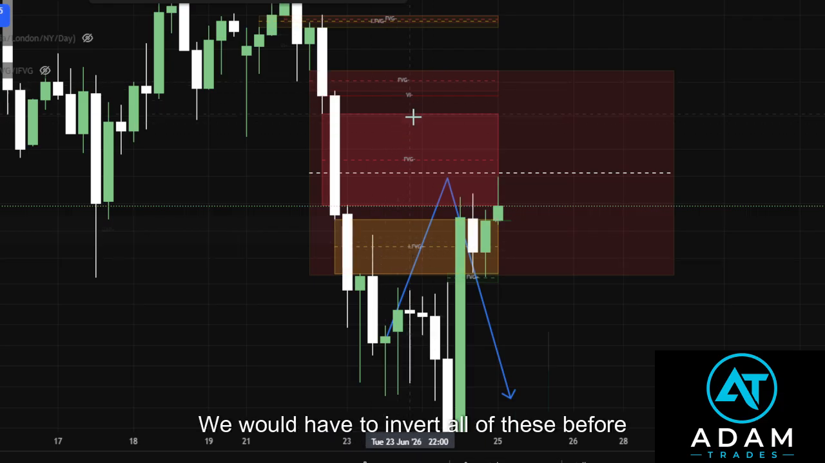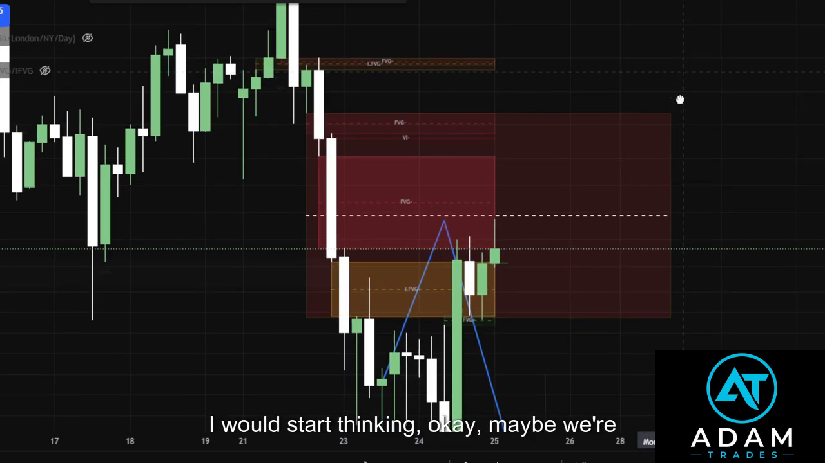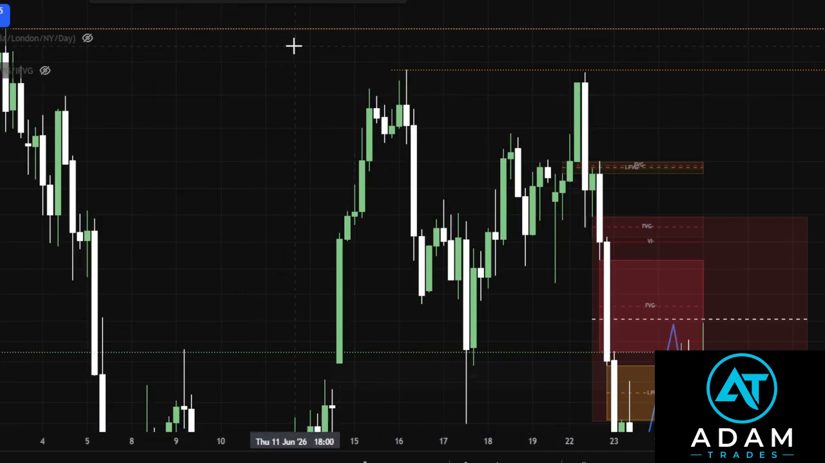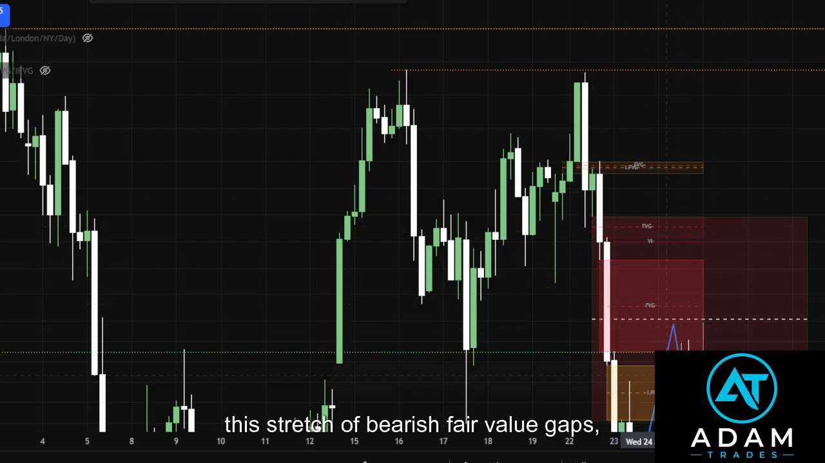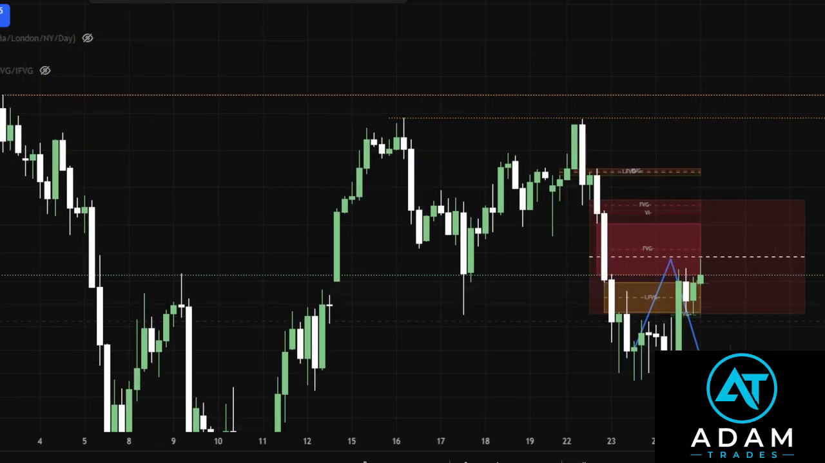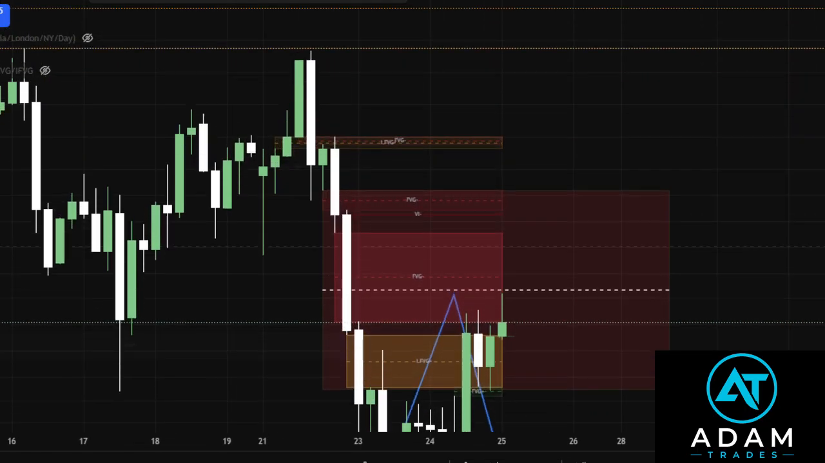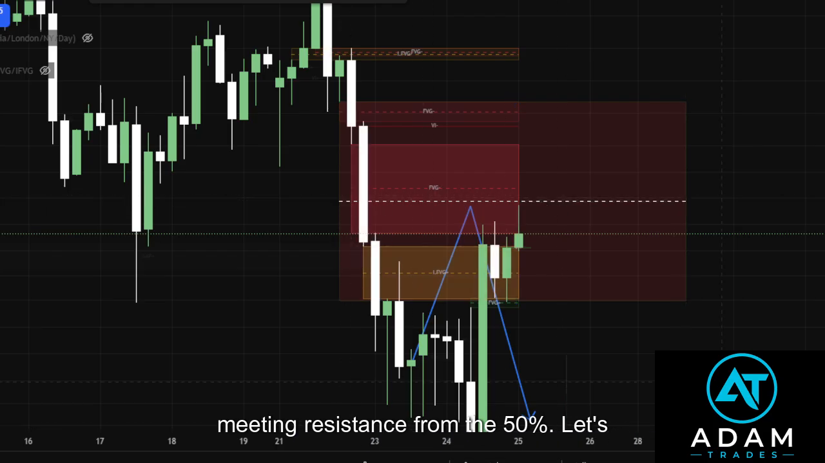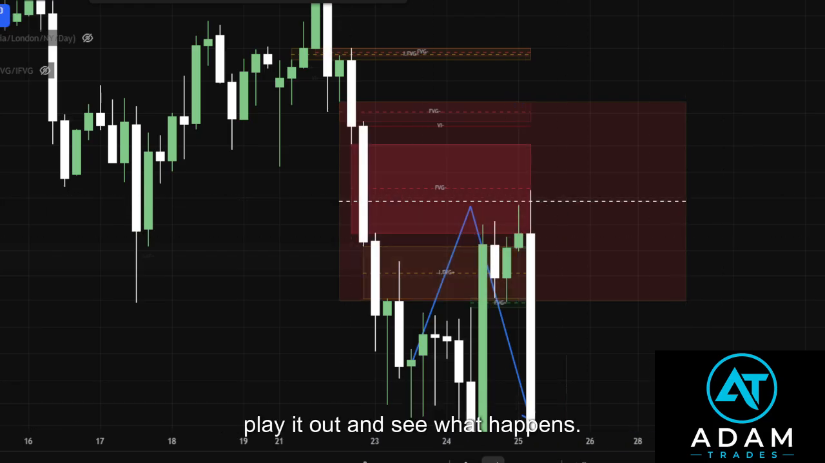We would have to invert all of these before I would start thinking, okay, maybe we're actually going to clear all these highs first. But if I don't invert this stretch of bearish fair value gaps, all of them, I am bearish. Okay. And as you can see, we're currently meeting resistance from the 50%. Let's play it out. Let's see what happens. And almost to the tick,